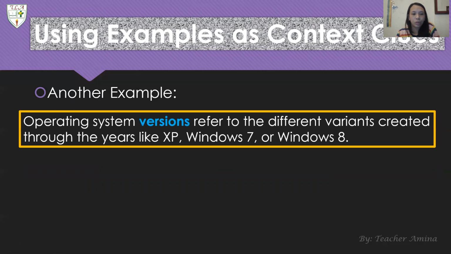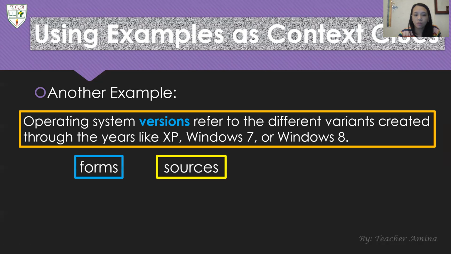Another example: operating system versions refer to the different variants created through the years, like XP, Windows 7, or Windows 8. I'll show you different kinds of meaning, and we'll figure out together which meaning matches the unfamiliar word, which is versions. Forms, sources, or types. So what is the meaning of versions?